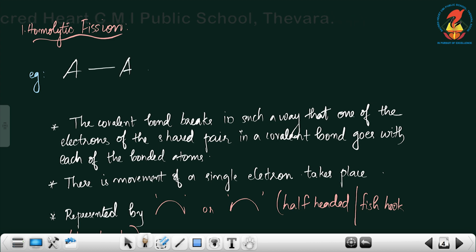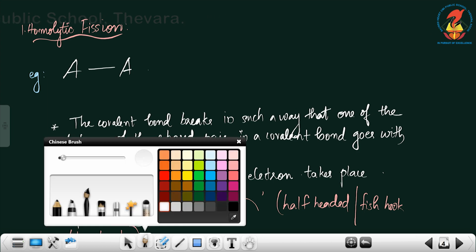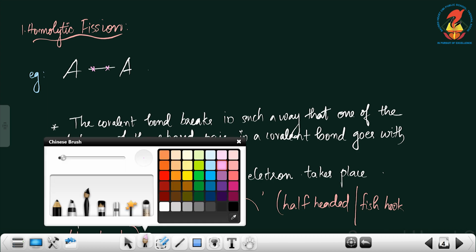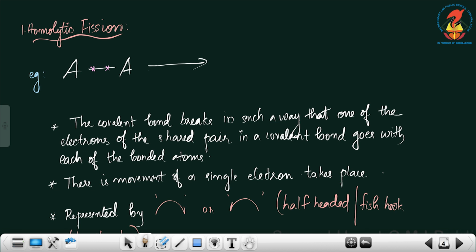just for example, a covalent bond formed between 2 similar atoms, that is A. We know that a single bond represents what? A single bond means it contains how many electrons? 2 electrons or 1 pair of electrons, and this is called what? Shared electrons, isn't it? So, here if there is high energy radiation like UV radiation, we can write it as h nu. h nu represents what? Light energy, okay. Or in the presence of heat energy, both are not required, any one is actually required when we write the equation. So, homolytic fission takes place in the presence of